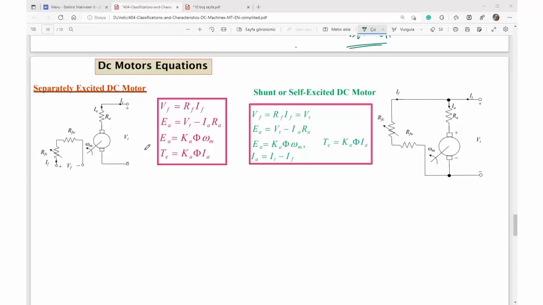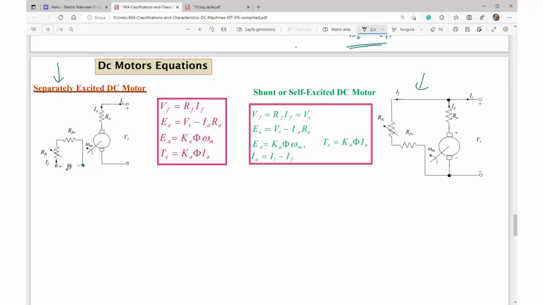Now let's continue on motor characteristics. Here we have separately excited DC motor, and here is the shunt motor connection. Let's write the equations. For example, field voltage terminal equation is RF times field current